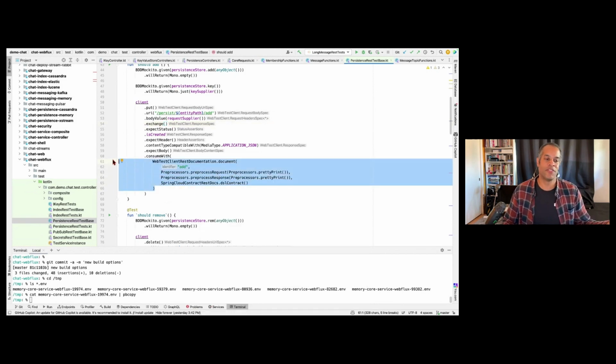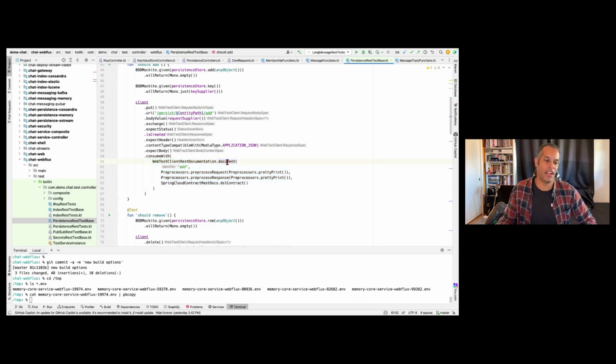Parallel to that is also this whole REST documentation thing that I've kind of gone crazy hog wild on. I know this has nothing to do with FaaS, but if you're doing REST, then REST documentation is really awesome. It allows you to just start pushing out actual REST docs from your endpoints, from your tests. Your tests drive the output of REST documentation, which is great because you don't need to rely on annotations. You don't need to rely on another person, a writer, or whoever it is, to get anything wrong. You don't have to maintain that extra bit of cruft on your production code. It's your test code that drives it, which is great.